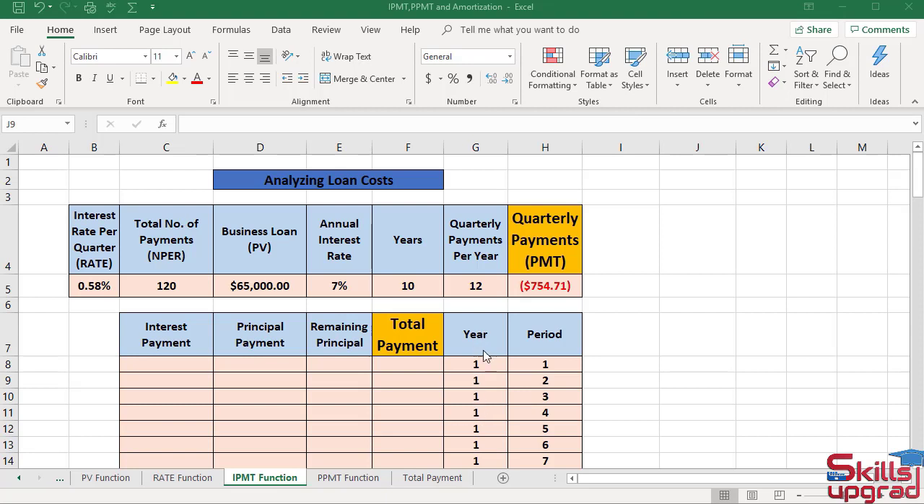The Year column shows the number of years. There are 10 years in this column. The Period column shows the number of periods. There are 120 periods. To calculate the amount of interest payment on the loan, activate cell reference C8,